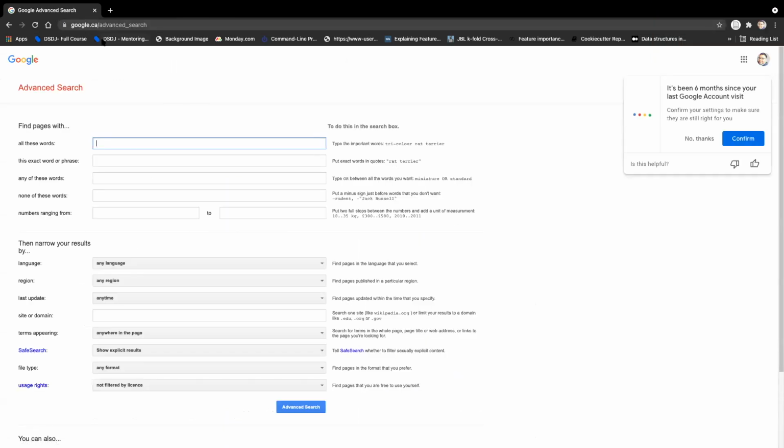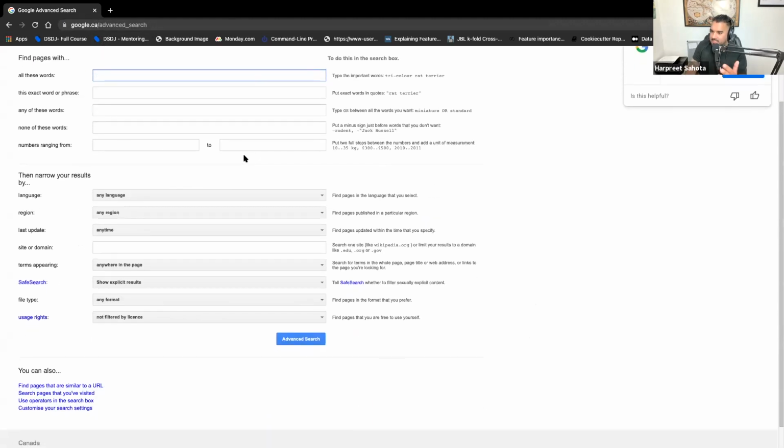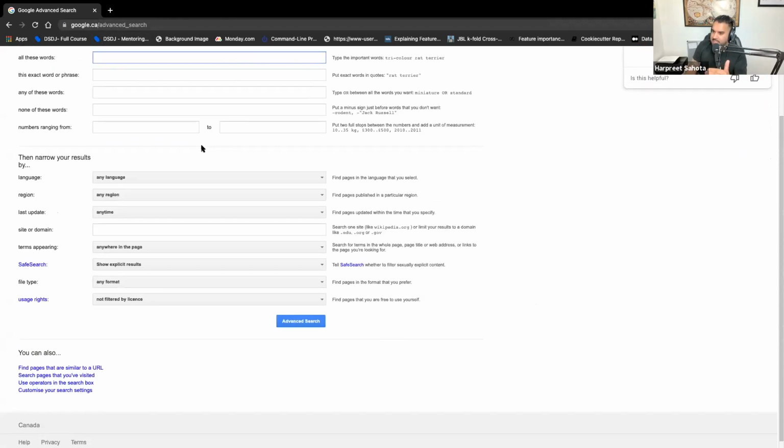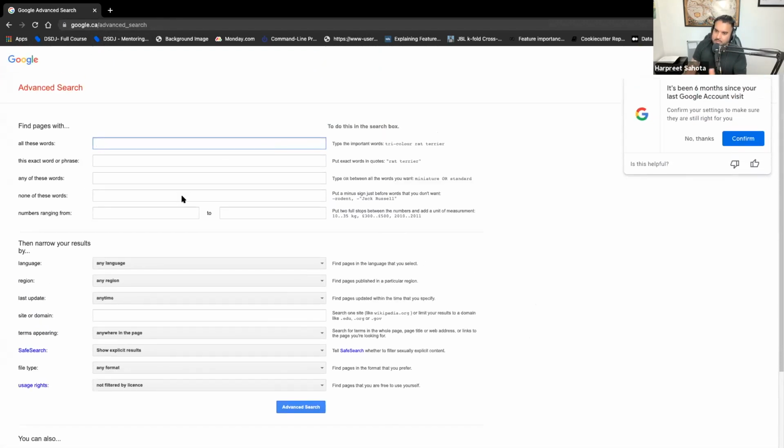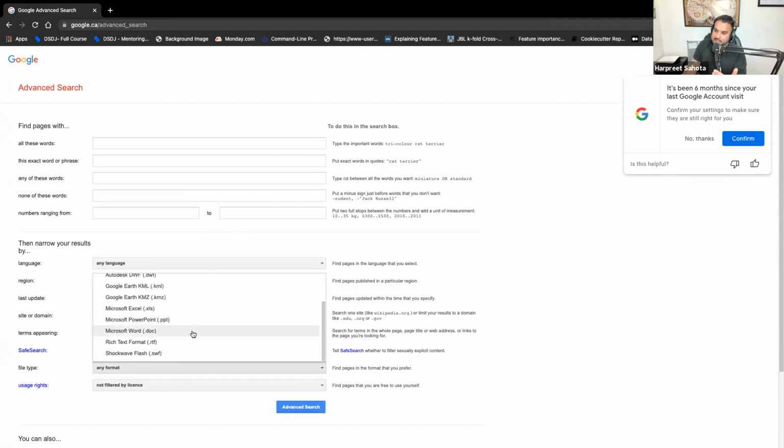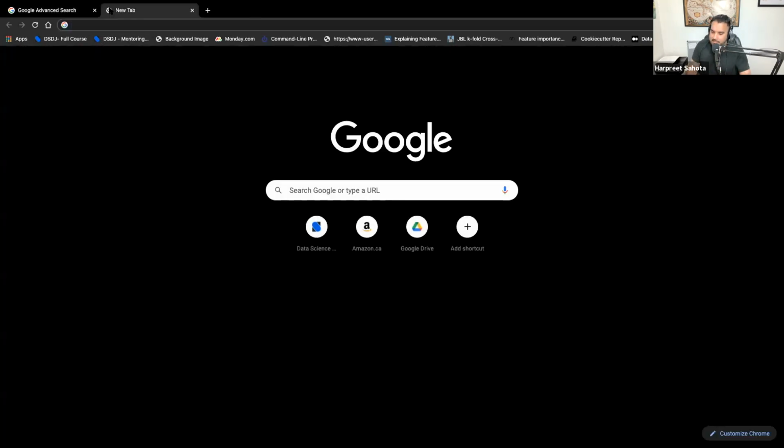But if you go to google.com/advanced search, this is a template that you can fill out. Once you start getting used to using this template, you'll know exactly how to search stuff up yourself. One thing you can do is restrict the file type that you're searching for on Google, right? So, for example, let's say that I'm interested in,